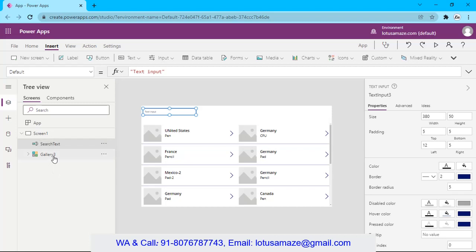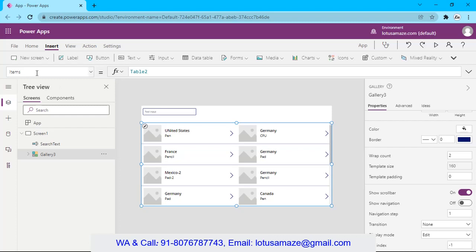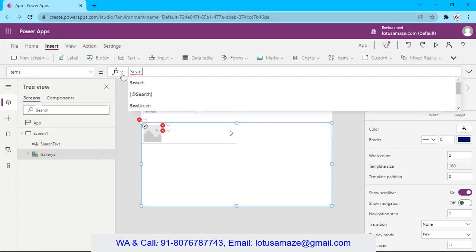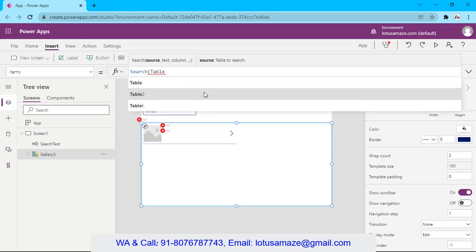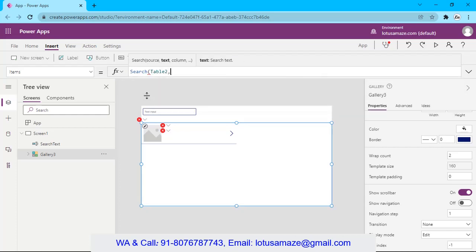Now the gallery has a property called Items. We will write the search function in the Items property. Search. The first parameter is the source of data, and that is Table2. Then the second parameter is the string to be searched in Table2.